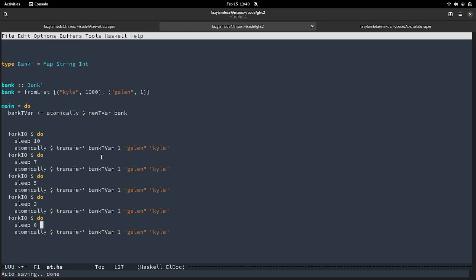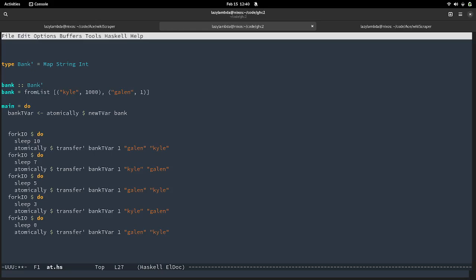As opposed to, if you were to just, here we're forcing, think about the sleep as like a pure function, right? Where you do some processing and it takes 7 seconds. It's technically impure because it's sleeping, but it's going to sleep for 10 seconds each time.